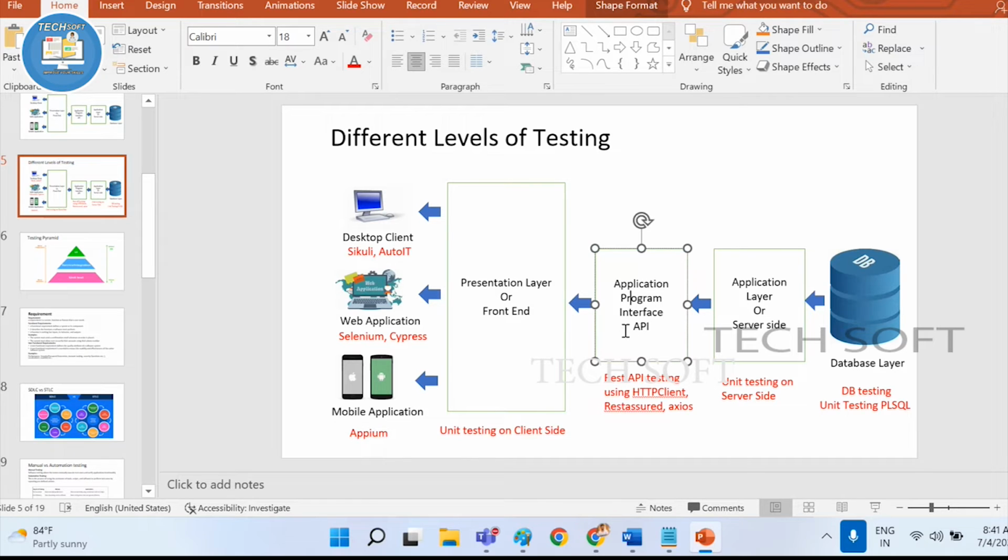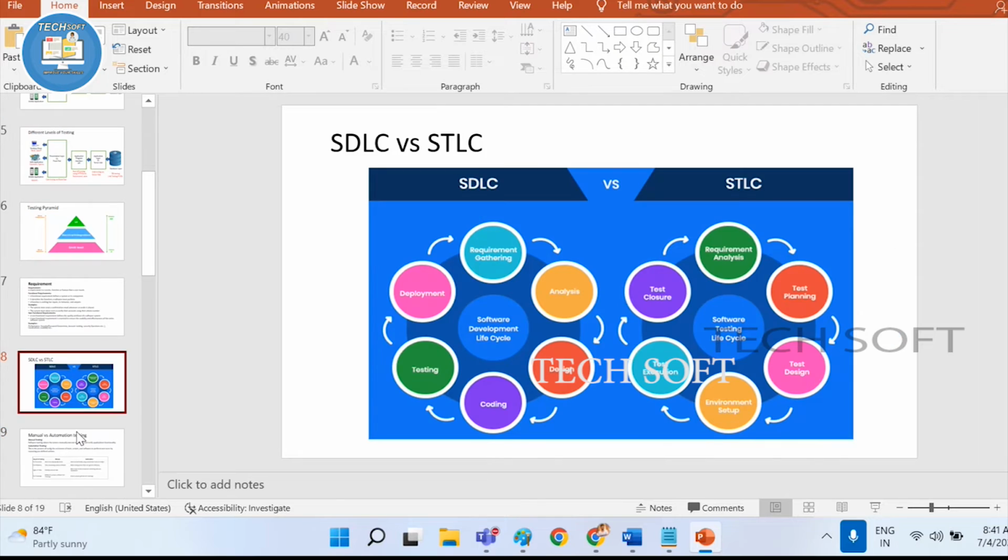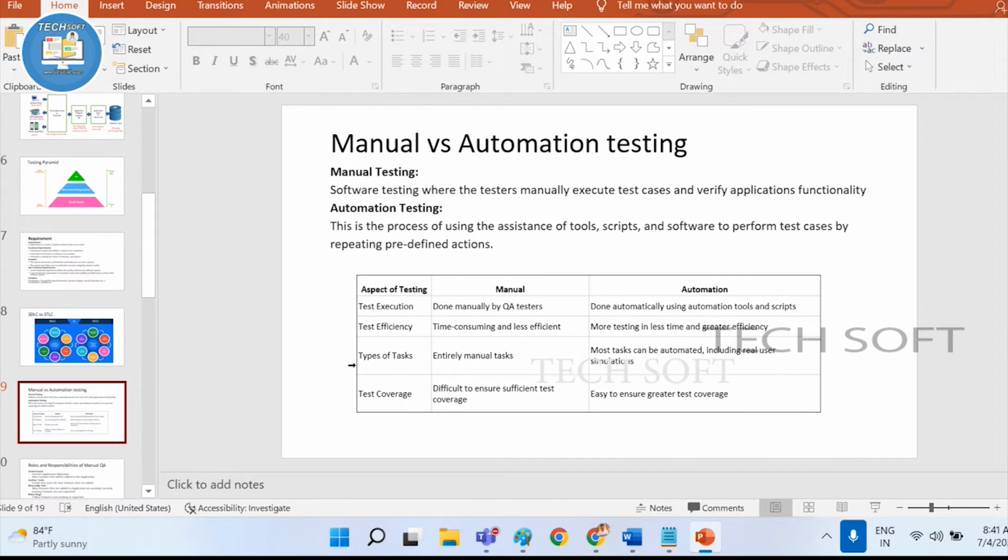These are the 2 places, the UI layer and the API. You can't do manual testing in other places. That's the other disadvantage. And we can't have 1,000 or 2,000 test cases to verify everything manually because it's very